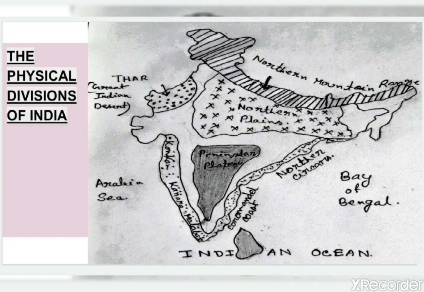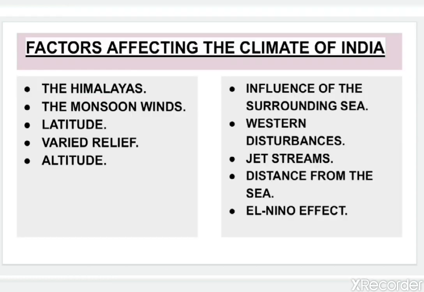And in fact, it is because of the nearness to the sea that these areas have a moderate climate. See, the southern part of India is experiencing moderate or temperate climate because it is surrounded by oceans on all sides, and it also provides a huge amount of moisture, so that during the monsoon time most parts of India get rainfall. Our next point is the western disturbance, which is the seventh point.